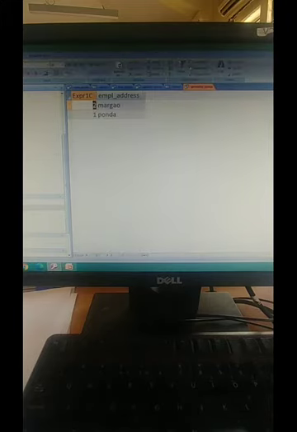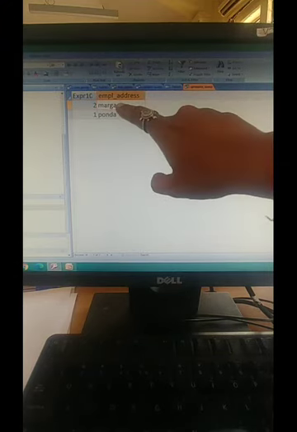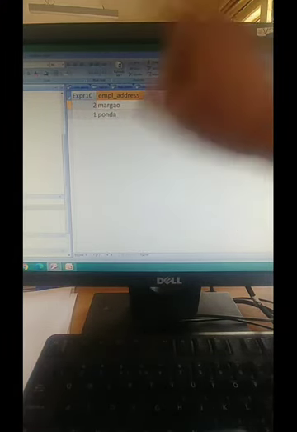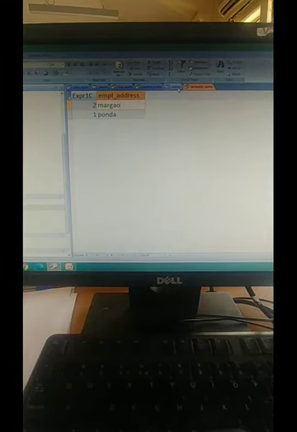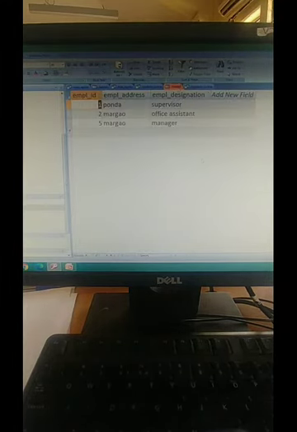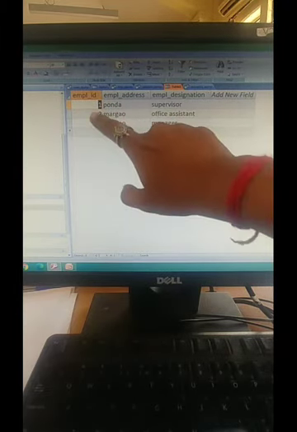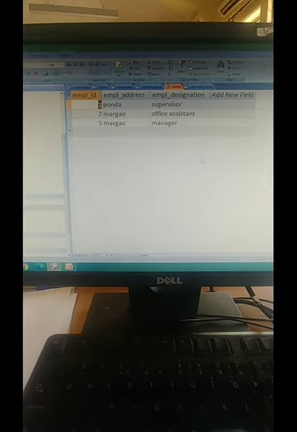So see, from Margao location I have 2 employees. From Ponda location I have 1 employee. You can check the table. I'll open the table. See, from Ponda 1 and from Margao 2 employees are there. So that's why I'm getting this output. Okay, next question,